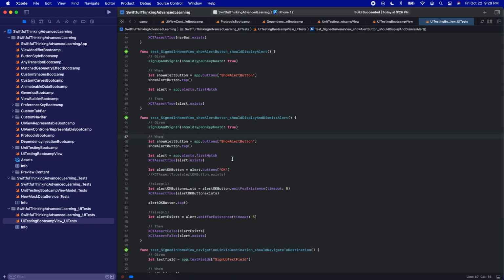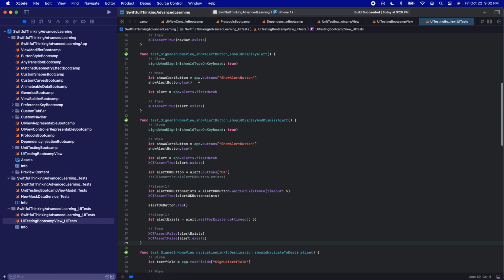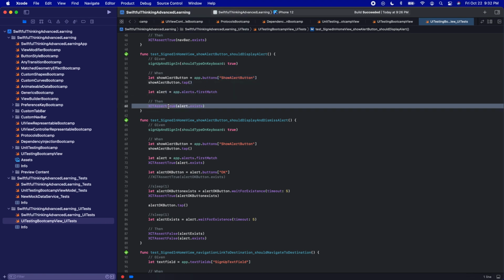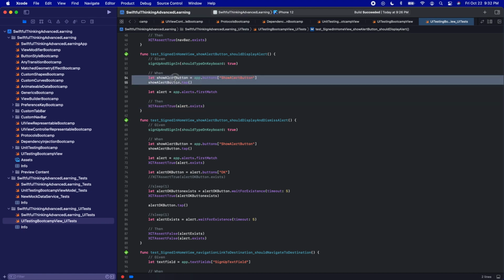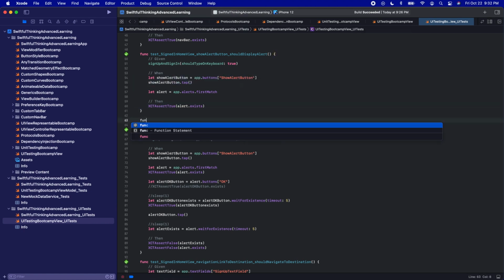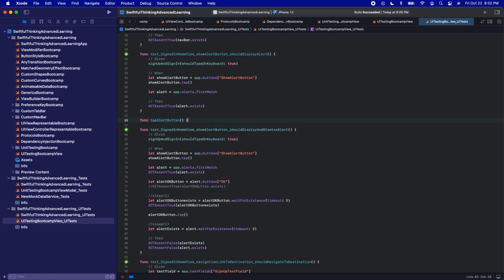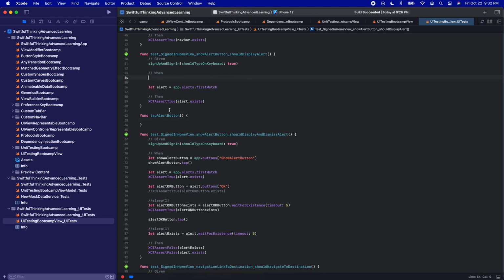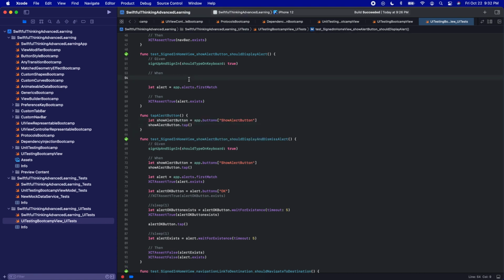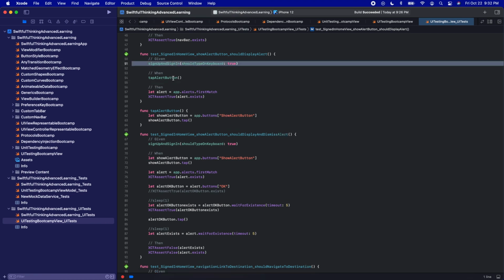And now if we look at the difference between these two functions, we can see that when we click the show alert button, we try to get the alert and assume that it exists. So let's create a sub-function for this. I'm going to create it right between here. Let's call it func tapAlertButton, open close parentheses, open brackets. Let's just put this code in here. And in our when, let's just call tapAlertButton. And then this is all part of our then. So given that we sign in and sign up, we tap the alert button, and then we can assert that